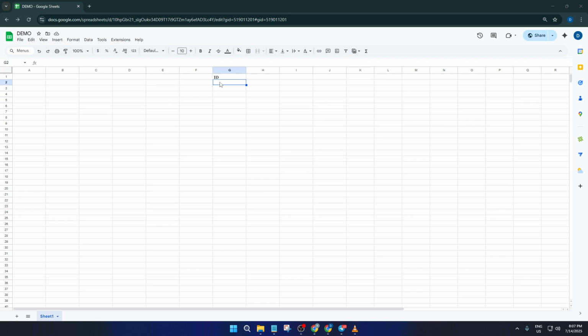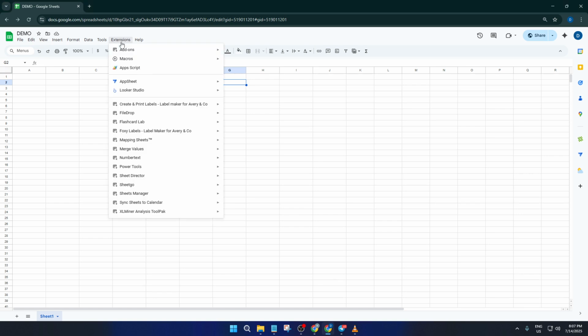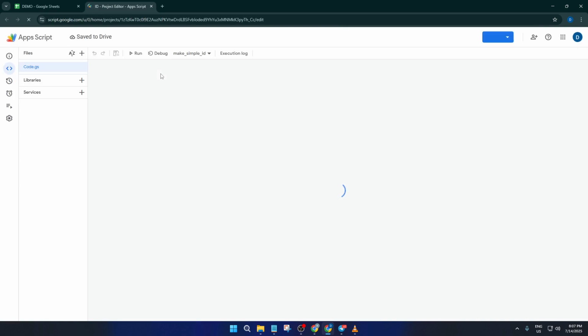Now let's move over to Google Sheets. Once your sheet is open, look up towards the top menu bar, click on Extensions. It's the tab alongside things like File and Edit. From the drop-down, you'll see Apps Script. Go ahead and click there. This is going to open up the script editor, kind of a behind-the-scenes workspace for adding new features or custom functions